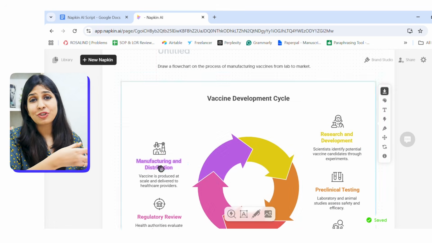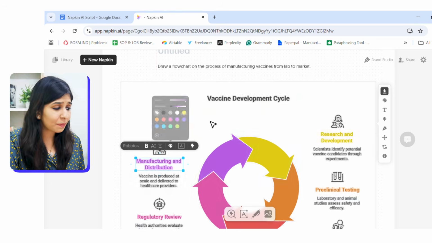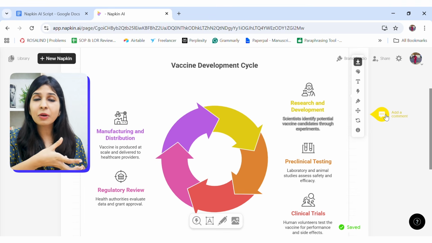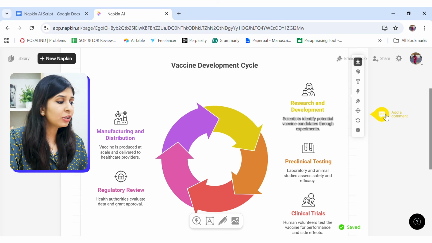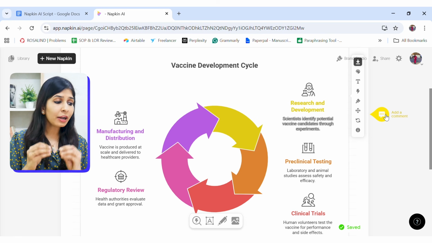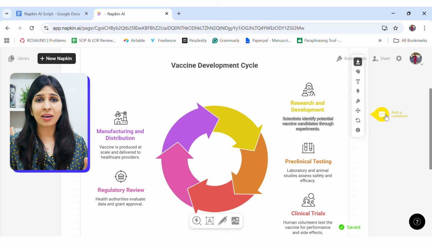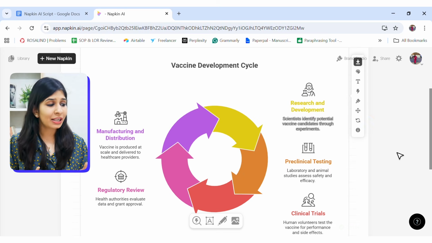For example, I can change the text font, size, make it bold, or go for different colors. Now, in addition, if I want to tailor my image to a particular brand theme, for example, the colors that are there in my university logo, I can do that from the brand studio option. For example, here, I don't want this image to have so many colors. I want it to have limited number of colors so that it looks more professional and elegant.